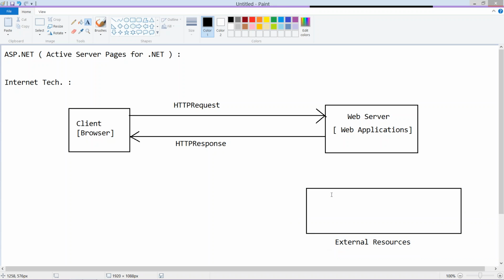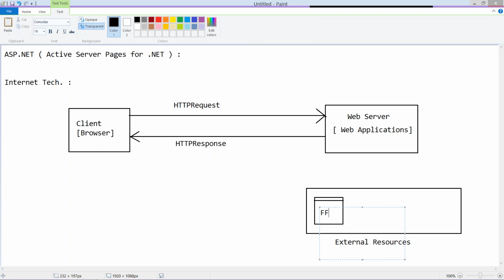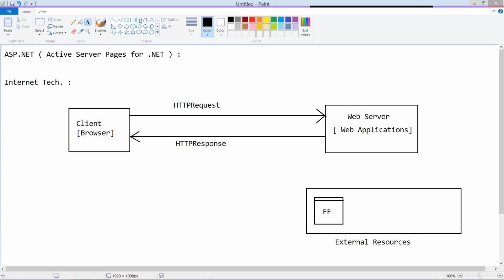We are just trying to understand what was there before ASP.NET. So if there is a requirement for interacting with external resources such as a flat file, which can be a text file, XML document, or a comma separated value file, any file which maintains the data in some file representation, everything comes under a flat file,